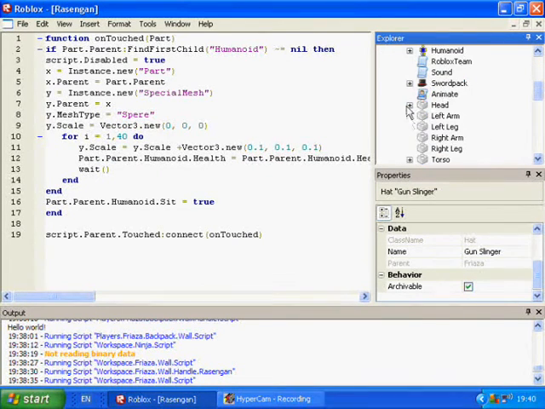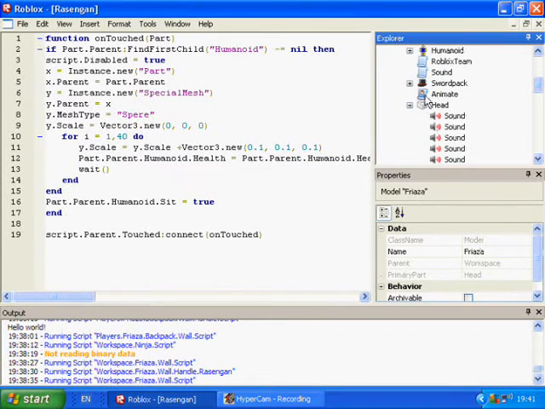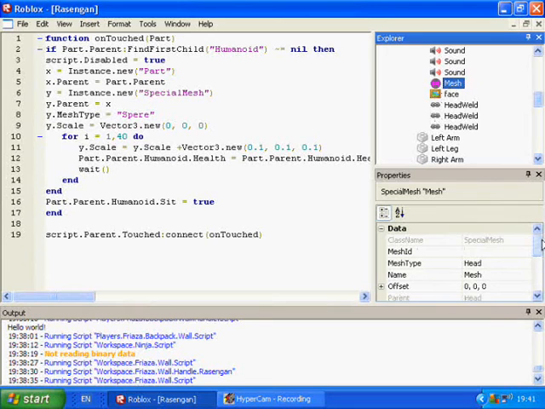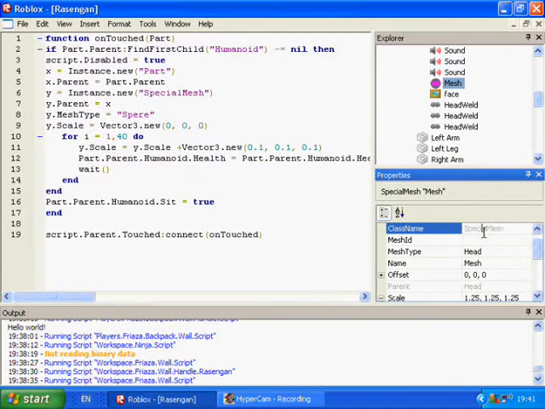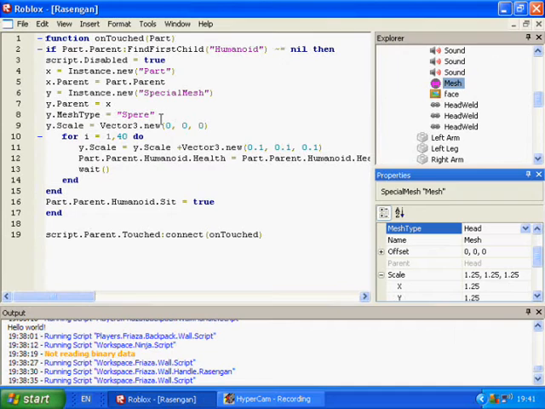For example, your character's head is a special mesh, so go to your workspace, your character name, head, and then mesh. This is a special mesh, as you can see in the class name, and the mesh type is head, but in the script we're changing it to sphere. But this is a string variable, so you'll need quotation marks around it. 1 means it's the scale of the brick, so the bigger the brick is, the bigger the scale of 1 will be. But what we're doing is making it 4 times as big as the brick scale, but since the